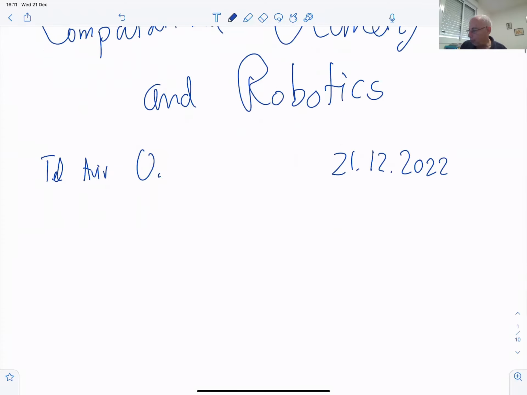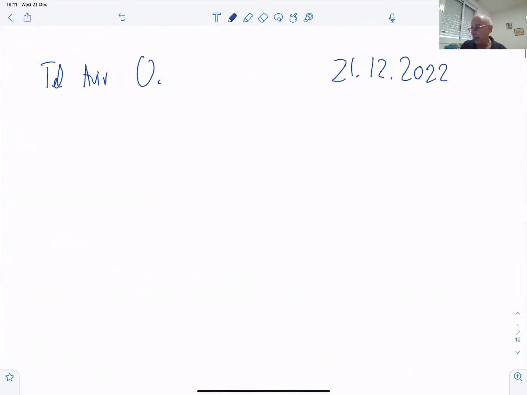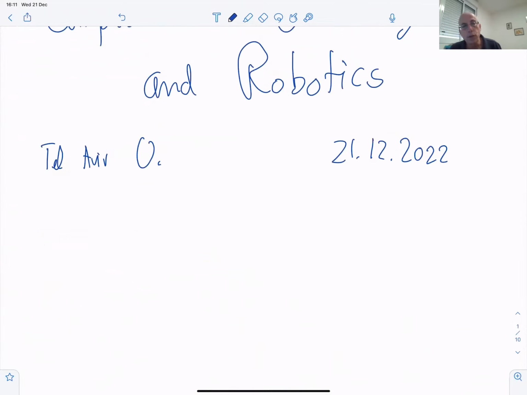And I thought before I talk about the Borsuk problem, as some sort of prologue, I look at the problem that Danny showed me, and it reminds me of